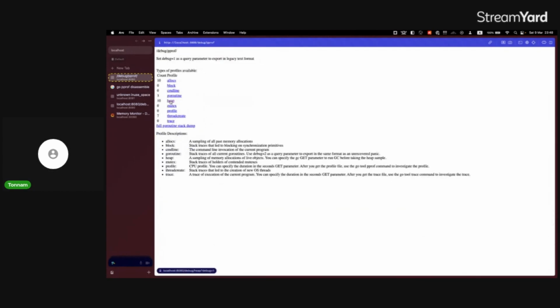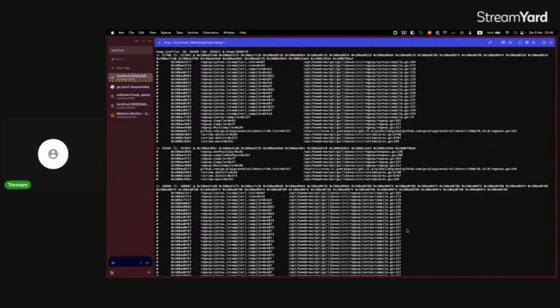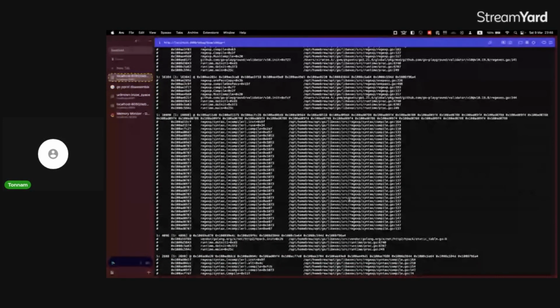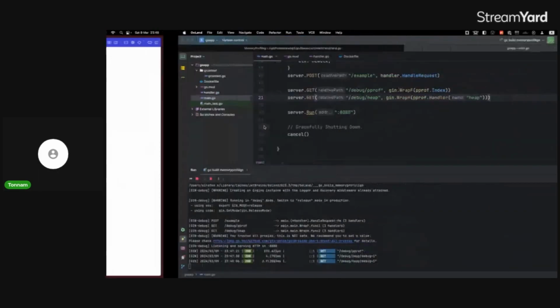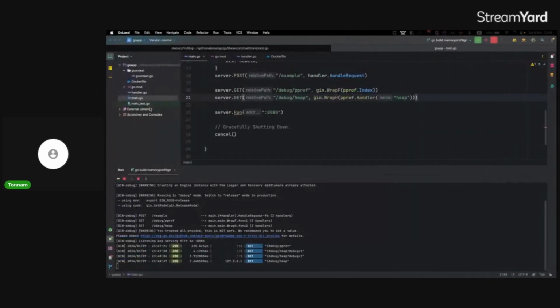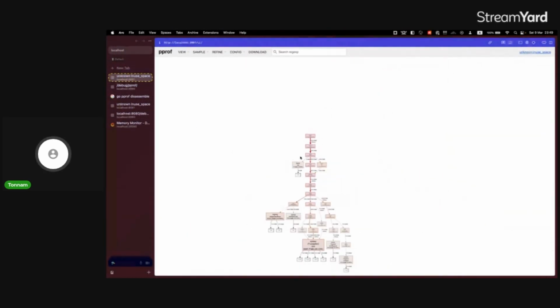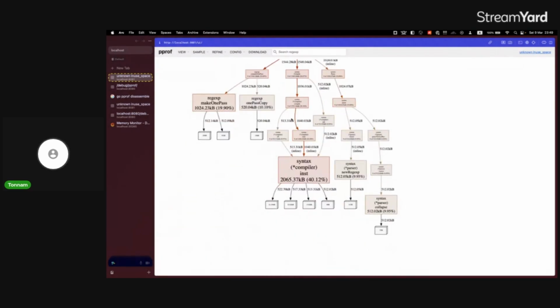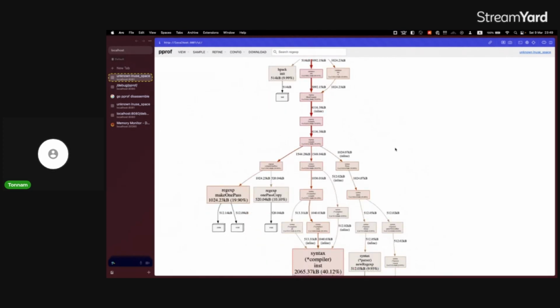So what you have to do is download this data to your computer and run a local visualizer on your CLI. Let's quickly copy this address. I already downloaded this file, and to start the visualization tool, you can use this command. In this case, I'm going to show you the web interface of pprof. So I specify the HTTP server. It says that it's serving the web UI on this port. Let's take a look. This is the first look at pprof in the web browser. As you can see, there is various information that it has already